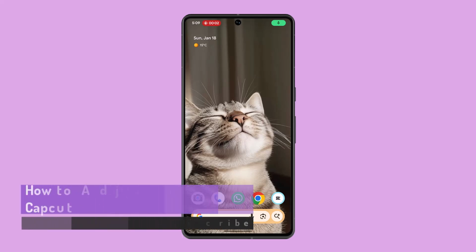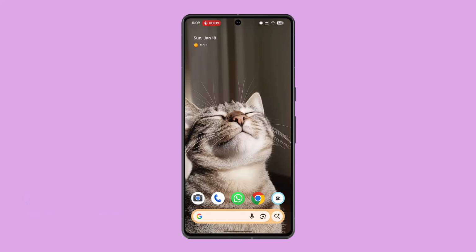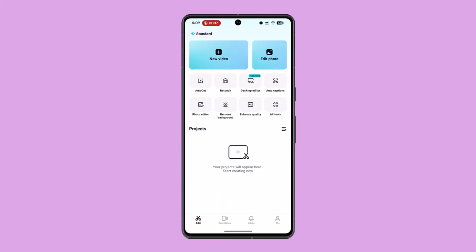How to adjust video speed in Capcut. So in Capcut, you can adjust video speed using either a uniform, normal settings or a dynamic curve settings for speed ramping. So what you want to do is, first thing first, open up Capcut on your device, select new